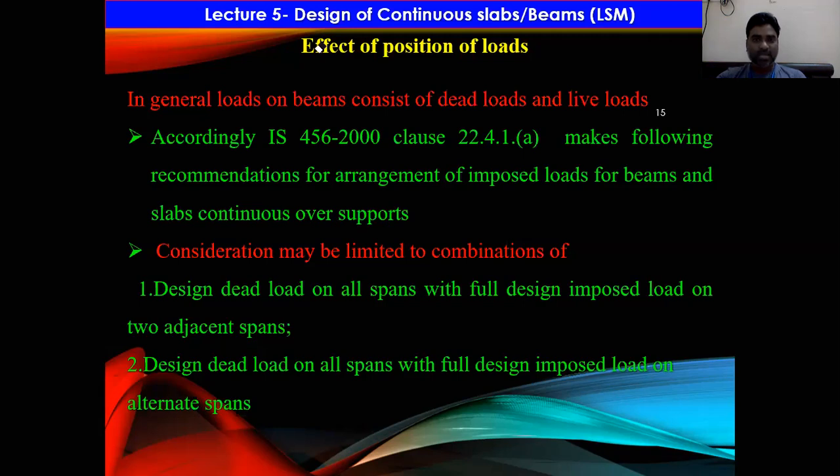That means as per IS 456-2000, it is proposing the arrangement of imposed loads for continuous beams and slabs, right? If you see in the code, IS 456-2000, clause number 22.4.1, that is the consideration, the arrangement of imposed load,